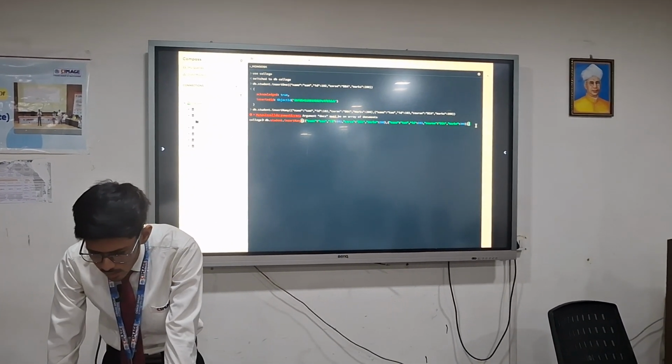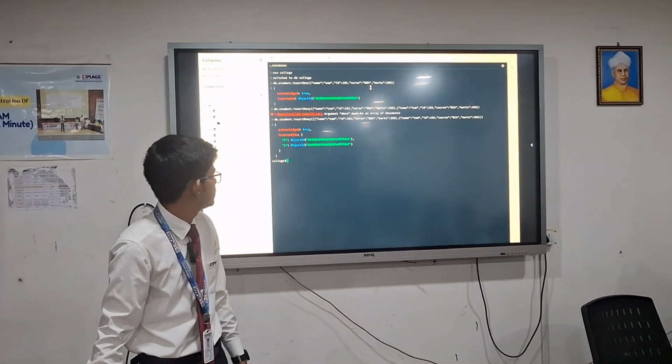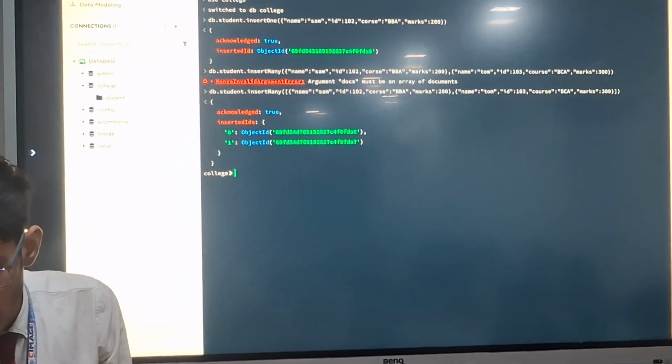So we are implementing the insertMany function. Our data is inserted in the database using insertMany.